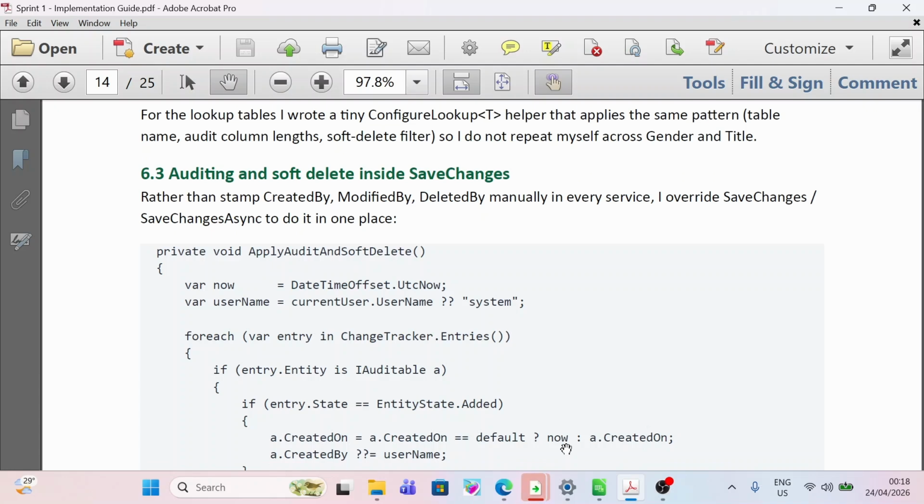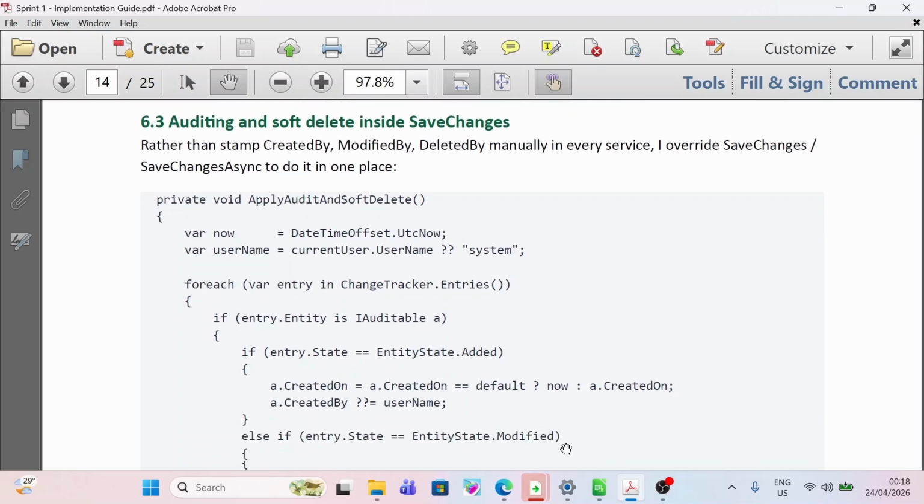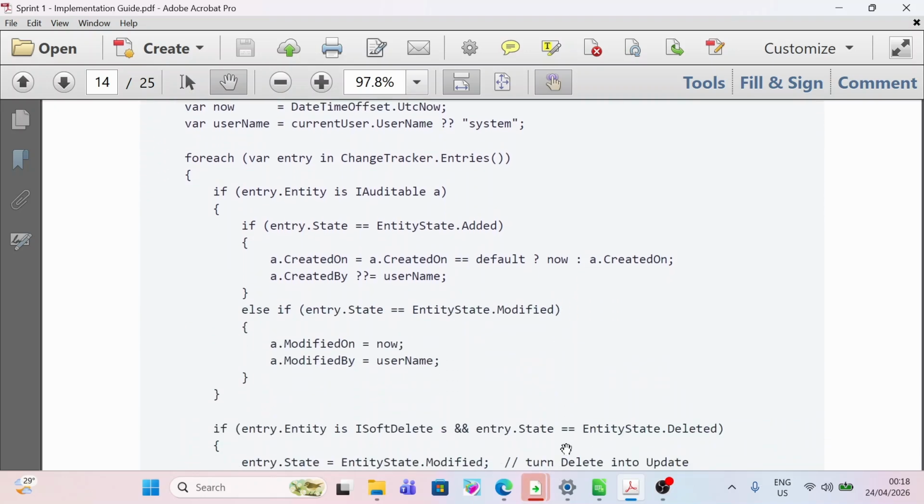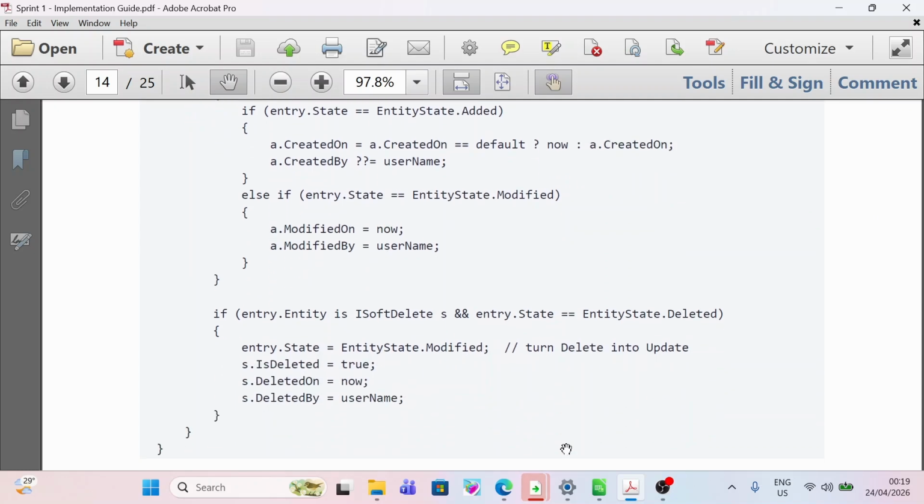Private void ApplyAuditAndSoftDelete(): var now = DateTimeOffset.UtcNow; var username = currentUser.Username; foreach (var entry in ChangeTracker.Entries()) { if (entry.Entity is IAuditable a) { if (entry.State == EntityState.Added) { a.CreatedOn = now; a.CreatedBy = username; } else if (entry.State == EntityState.Modified) { a.ModifiedOn = now; a.ModifiedBy = username; } }